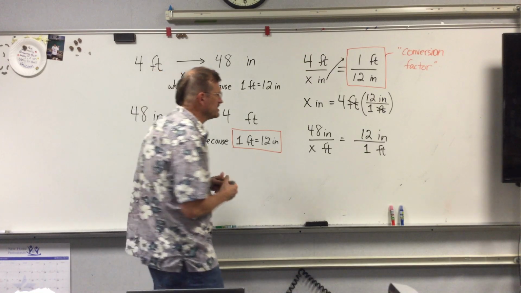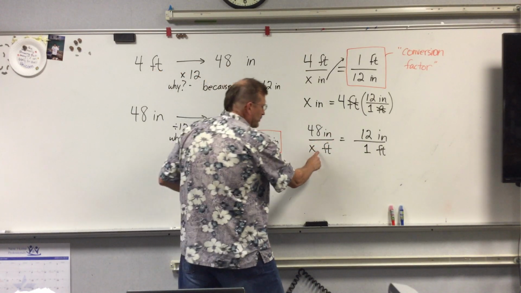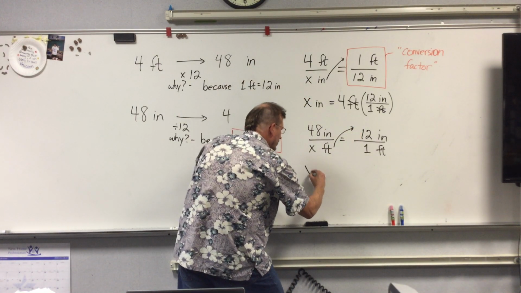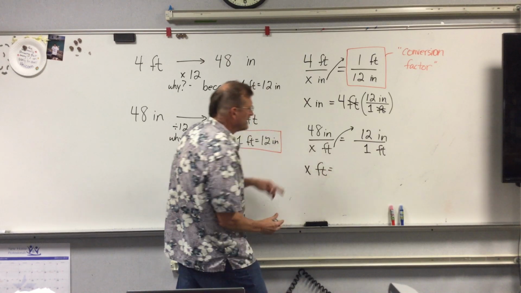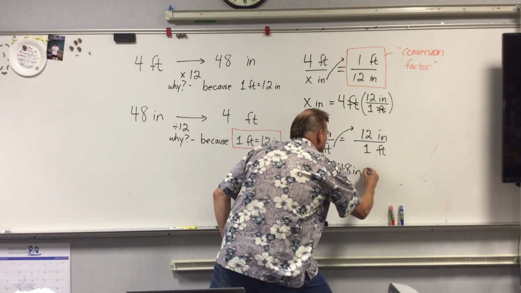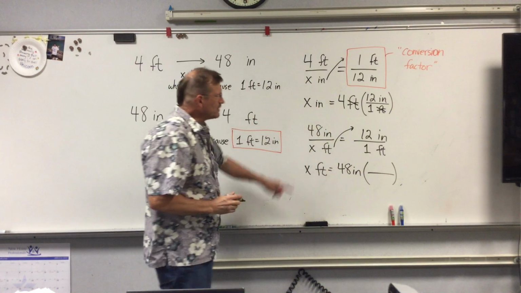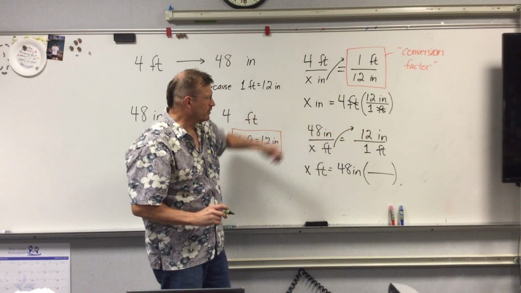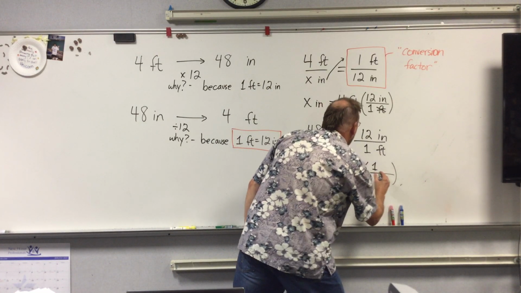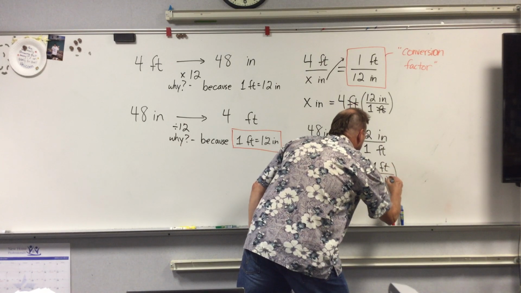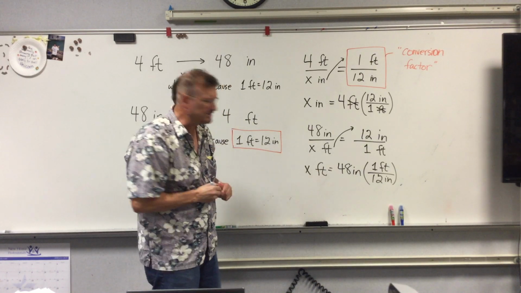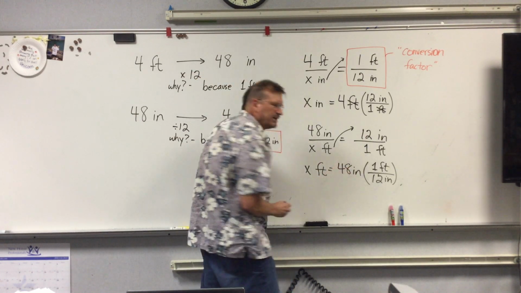And if we rearrange this just the way we did on the other one, we multiply across by the X feet, and then we're going to bring it over here. What that equals on the other side is 48 inches. And this time, when this gets moved over, it ends up getting inverted, and we have, again, 1 foot equals 12 inches. So if you look at this as a mathematical exercise, now you have 48 in the numerator